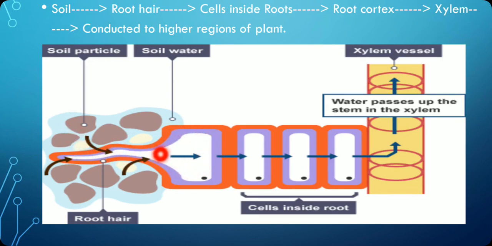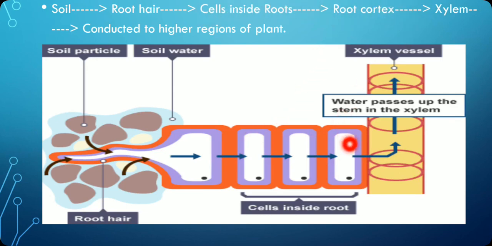Okay, so this is how it is transported to the root hair cell. And here, when there is a higher level of water in the nearby cells, then again there is osmosis. When there is more water in this cell but a lower water level in this cell, so again by osmosis water travels, and the process goes on till the